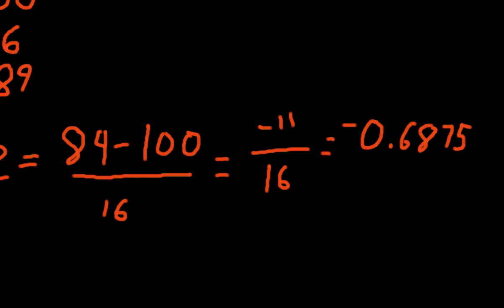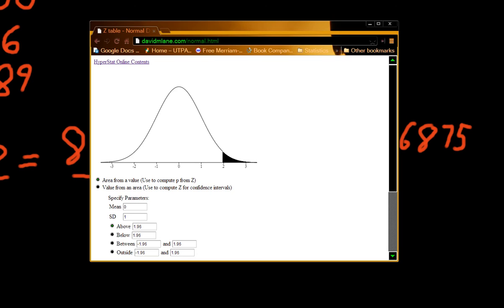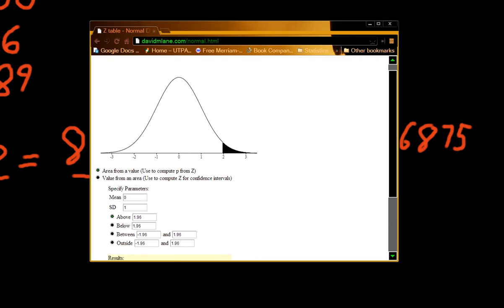We could look up using a z-score table, which is in the back of most statistics textbooks, or we can use an online resource such as the one here from Hyperstat Online. We can leave the mean and standard deviation as is because we have converted our score to the unit normal distribution. Our z-score was negative